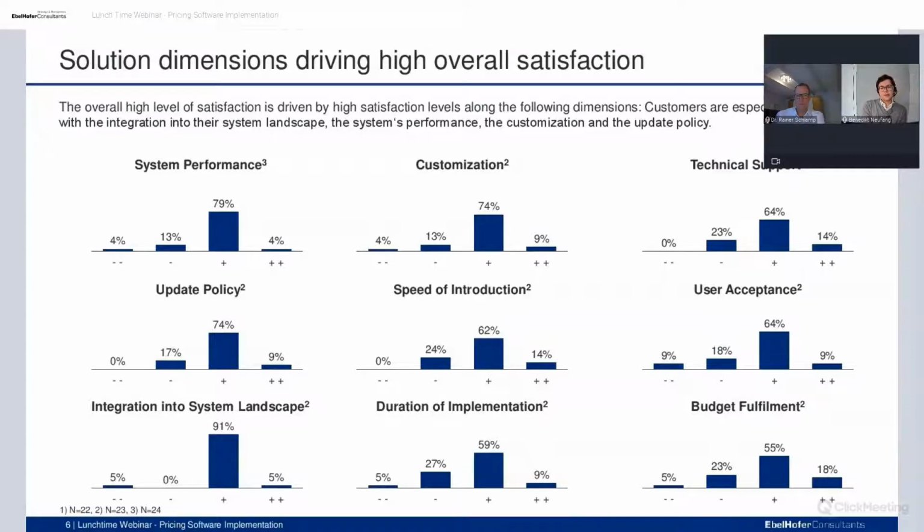However, there are other points in the field of user acceptance. Sometimes the speed of introduction, the duration of implementation, and also the fulfillment of the budget. This is something where we see a higher proportion of the respondents struggle or give a negative ex post evaluation. And that really